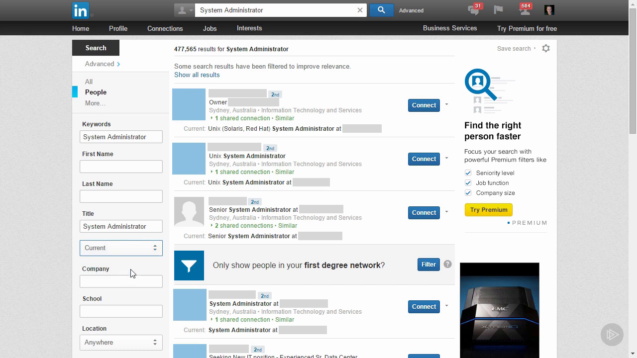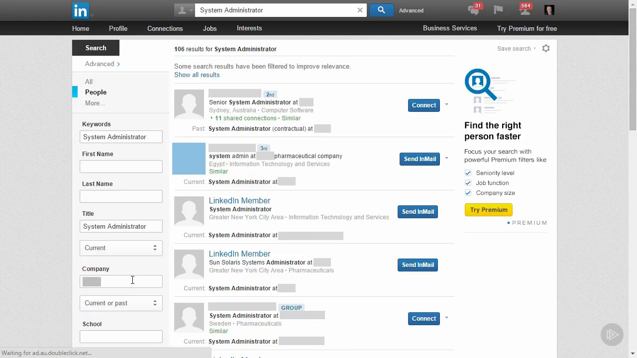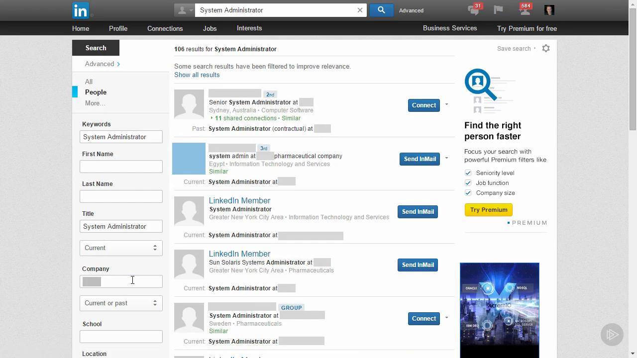And I'm going to filter it all the way down to one particular organization that I'm interested in. I'm not going to show you which one, but certainly you'll be able to reproduce this yourself if you're interested in finding people of this role in a specific organization. Let's now filter that down. So here we go. I now have 106 possible targets within this large multinational that are acting as a system